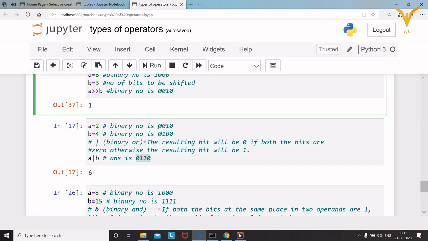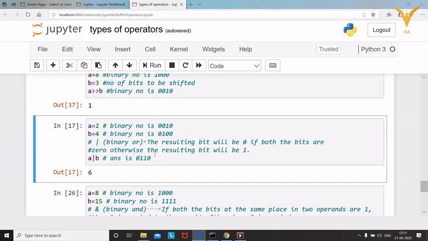When we apply the OR operator to this, 00 will give you 0, 01 will give you 1, 10 will give you 1 again, and 00 will give you 0. When you calculate the decimal number for this binary number, you get the answer 6. So this is how the binary OR operator works.